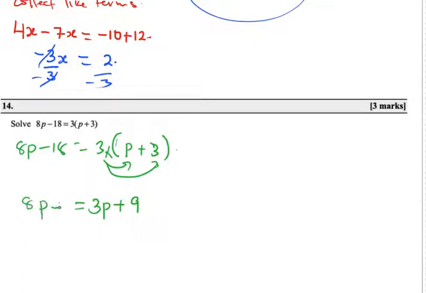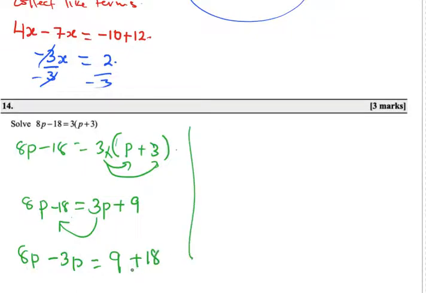So on the left we still have this, collect like terms. The 3 crosses over, so 8p minus 3p, and the 18 crosses, so it changes the sign. Be careful here. A number that crosses the equal sign must be affected. The equal sign is like a border. If you cross the border, things change, as in real life. So if an element crosses the equal sign, things change as well. So 8 minus 3 is 5, but there is a p,